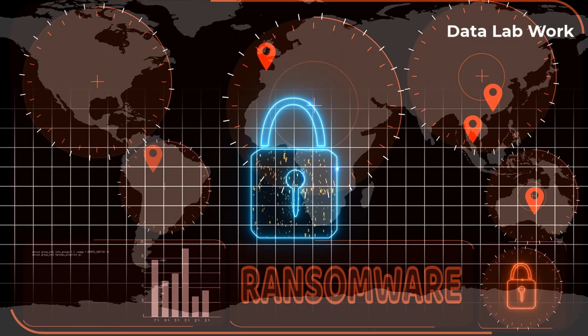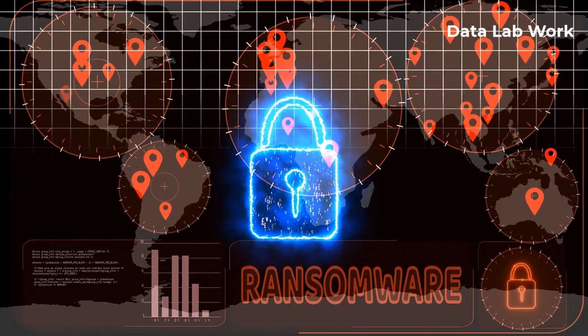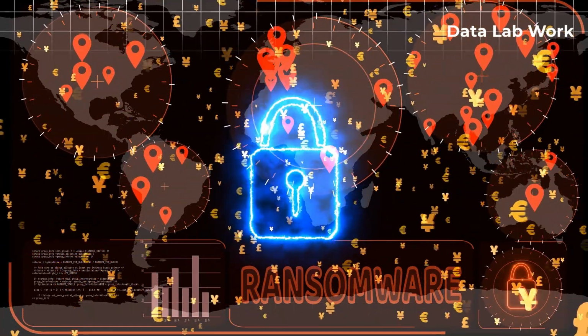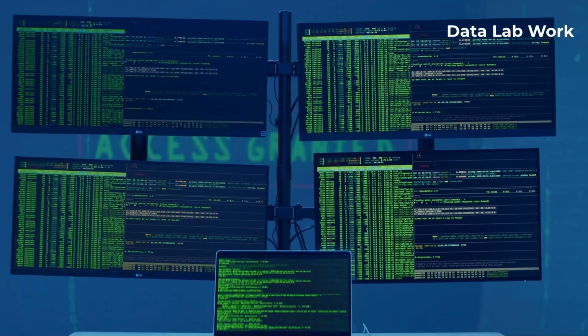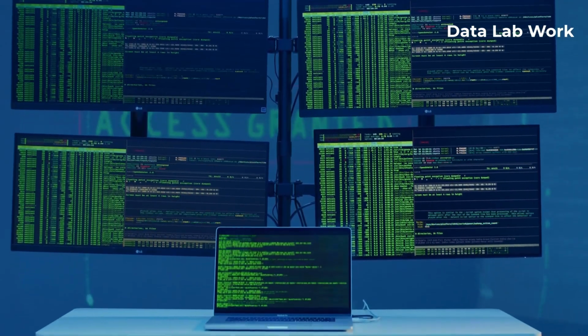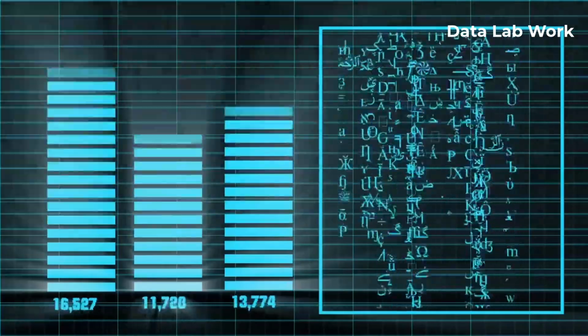Hi there. Have you ever wondered what ransomware attacks are and why hackers demand ransom in cryptocurrency? Picture a thug with a ski mask, but instead of a physical hostage, they've taken your computer files captive. That's the essence of ransomware, a type of malicious software that blocks access to a computer system until a ransom